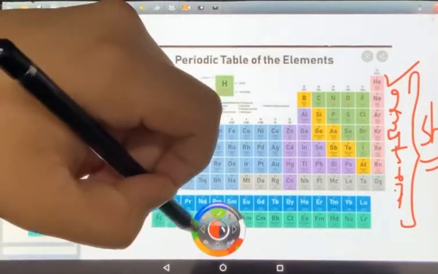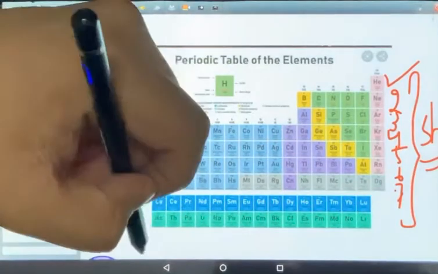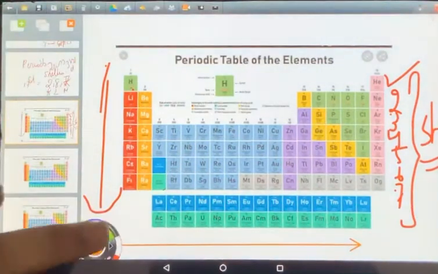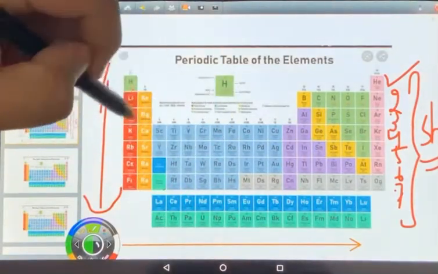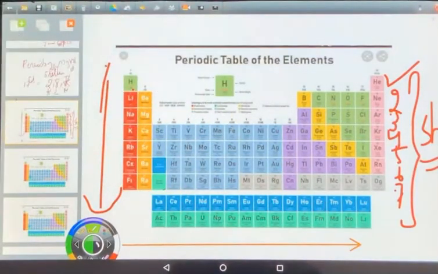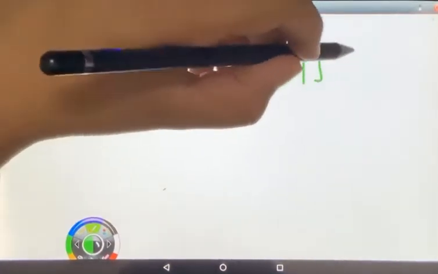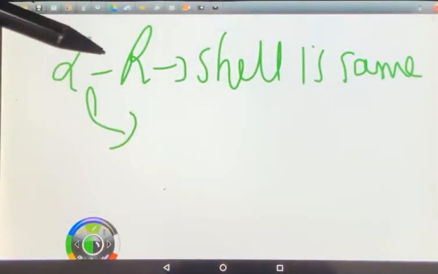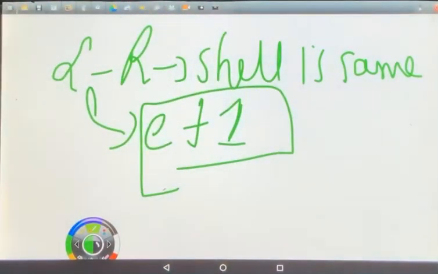Second thing, as we go left to right in a period, these are 2 movements we can make, down the group and left to right in the period. जब हम जाते हैं left to right in the period, here we have to follow 2 things. One thing actually, that as we are going left to right in a period, our shells are same because period same means shell is same. So when we are going left to right in a period, the shell is same, isn't it? But what is happening to the electrons? Electron is added by 1. This is important. Number of electrons बढ़ रहे हैं because what?